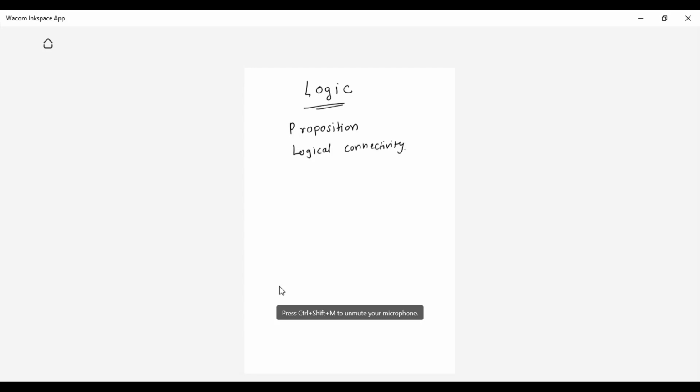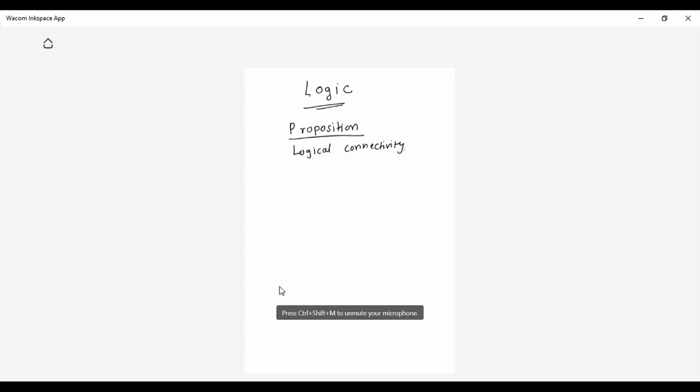And then we will solve some problems. We will solve some truth tables. And we'll try to convert the English statement into its symbolic form. So we will start with the very basics today. And in the next lecture, we'll be solving problems based on equivalence and so on. So what is a proposition, students?